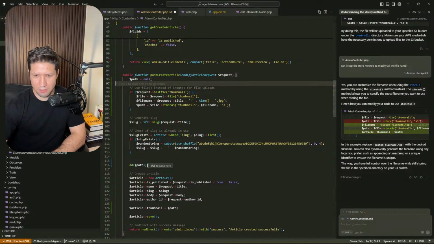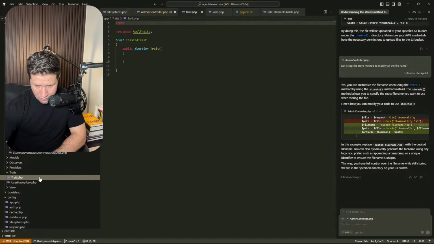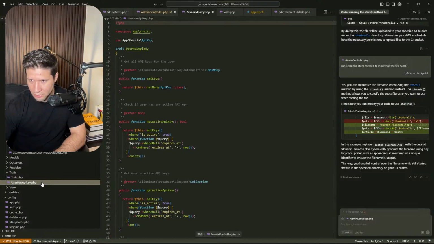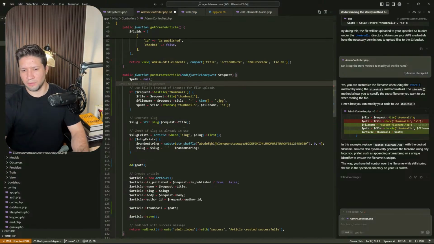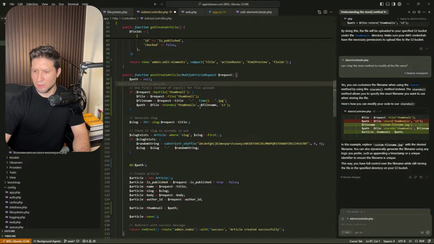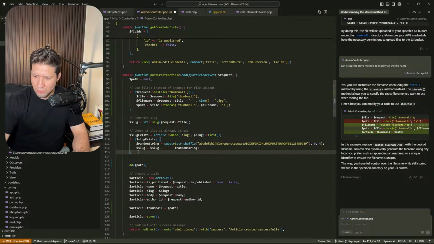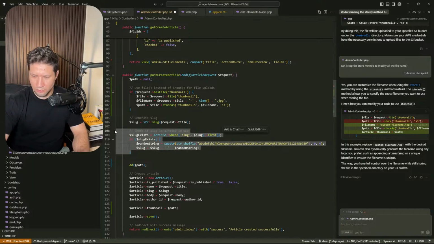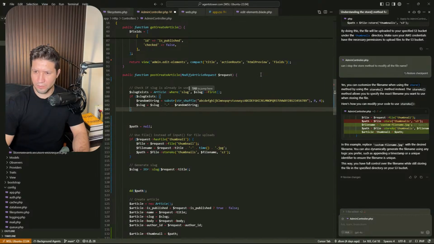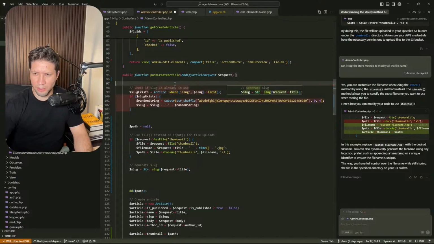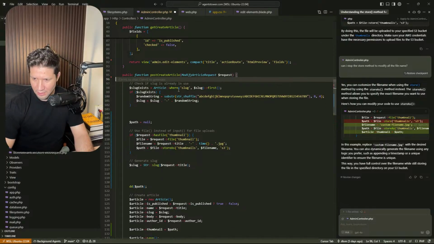So now I could add, for example, a trade user has API key. So we're going to add a trade in a moment. So article slug. Okay, so here's a slug. I'm going to move this to here to check if the slug. Okay, so we are going to use the slug instead of the